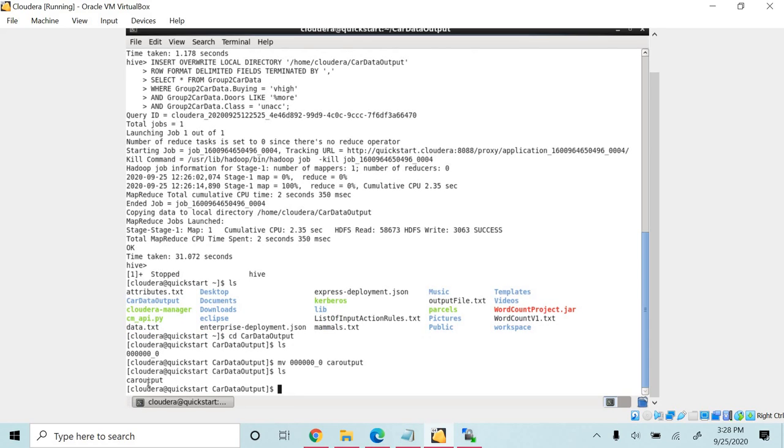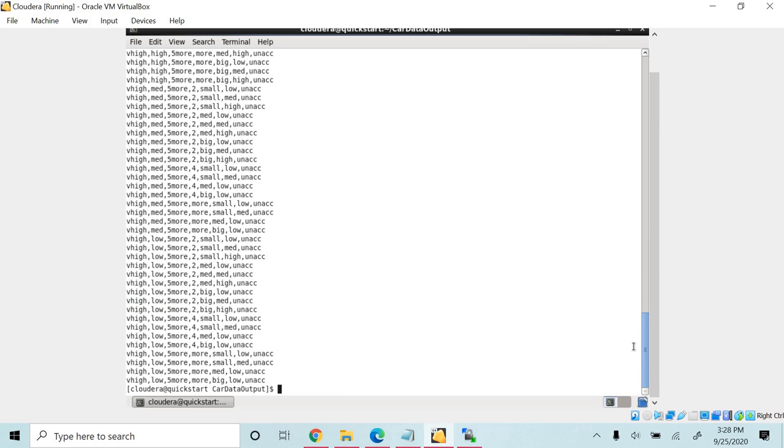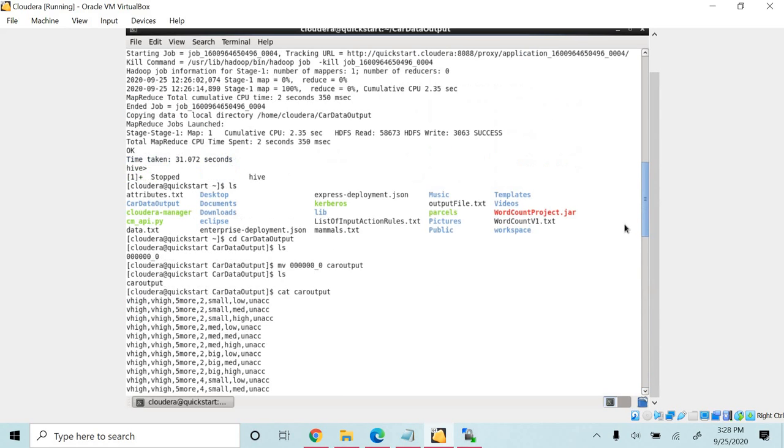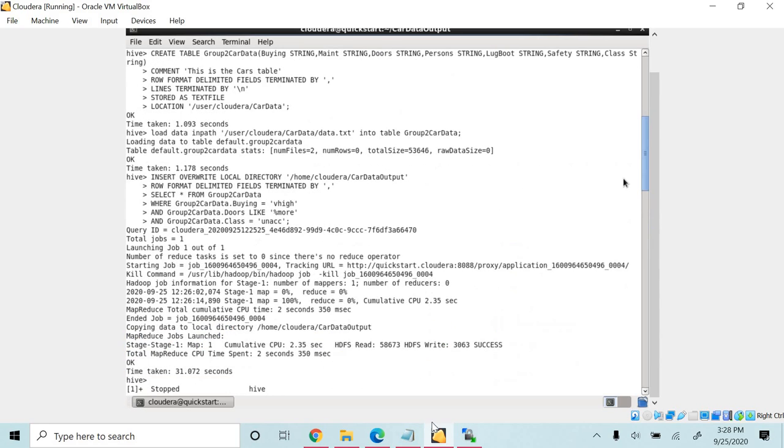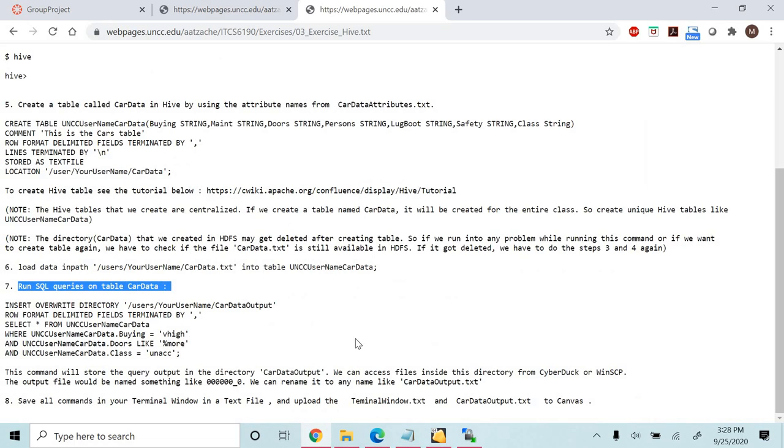Yes, now the file is renamed to car output, and let's check the content of the file. So these are the contents of the output file. And this is the implementation for the Hive program. Thank you.